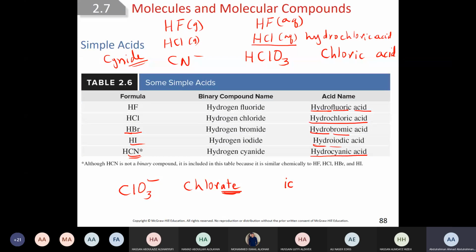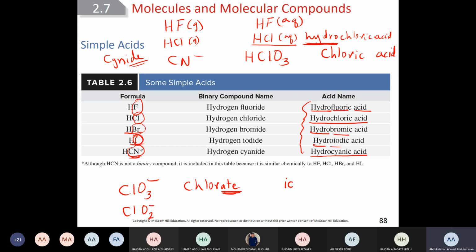But look here, I don't use the word what? Hydro. I use hydro, this is by agreement. I use hydro only for the original element, if it's the halogens and cyanide. Only. The rest, you have to change ate into ic. And if it is